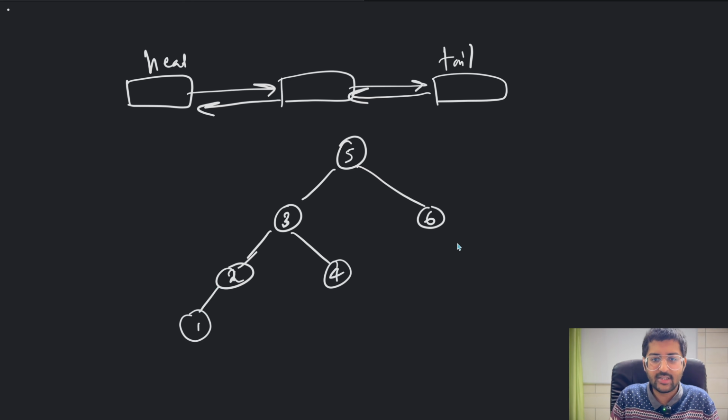So you have to convert this tree into a doubly linked list. How are we going to do this? Let's say it is a binary search tree, so you have to convert it into a doubly linked list that is sorted. So obviously we are going to use traversals, but the question is, which kind of traversal will you